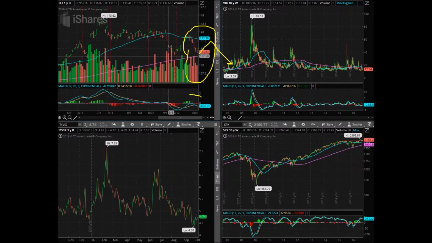Also, there's a little divergence here in the MACDs. You see this September low is at that level. Right now we're a little higher than that. So there's a little divergence there. So that kind of points to this pattern where we move up first to maybe around there,